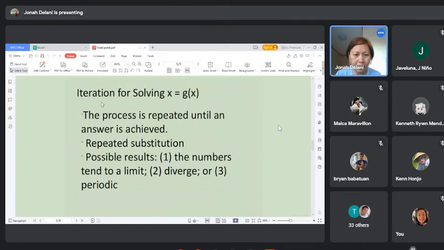So what would be the method using fixed point iteration? The process is repeated. Kaya iteration siya, balik-balik until we achieve the answer. Balik-balikon siya og substitute. Now, it is not assured that we will always get the answer. But the goal is actually to get the answer, to get the root. So sometimes when we do this method, the numbers tend to a limit. If the numbers would tend to a limit, balik-balik na siya. Ihara dyan siya kutob. Then, we have solved the root